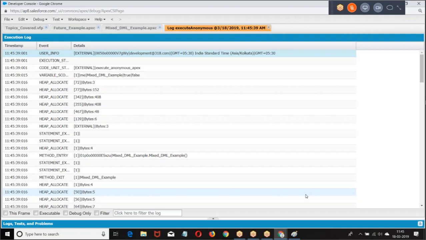As we defined this operation separately using a future method, both of them are running, but they are running independently. I hope you are good. Clear for everyone? Any query on this?